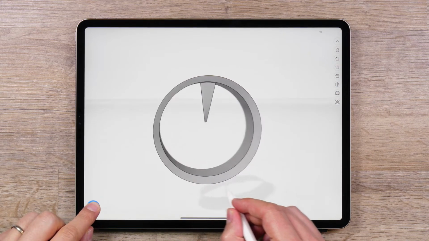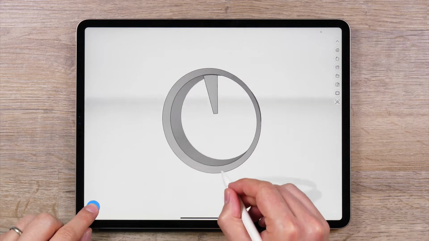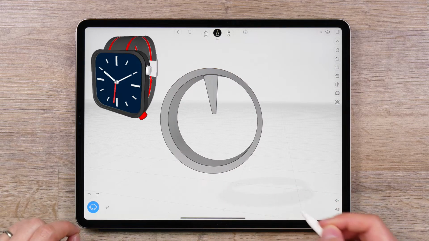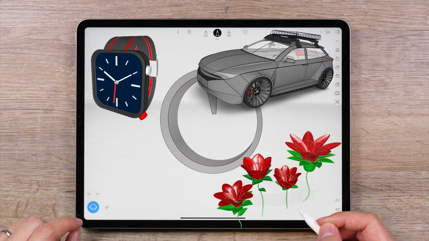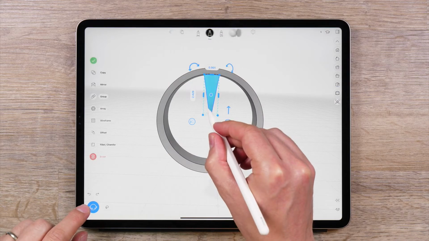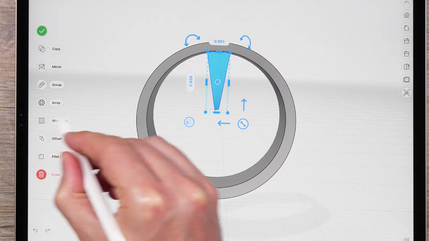The Array tool in uMake is a powerful tool that lets you create polar arrays of objects. This is a great tool for making designs such as clocks, watch faces, car wheels, or flower petals. Simply select the elements you would like to make an array to design with, and then tap Array in the